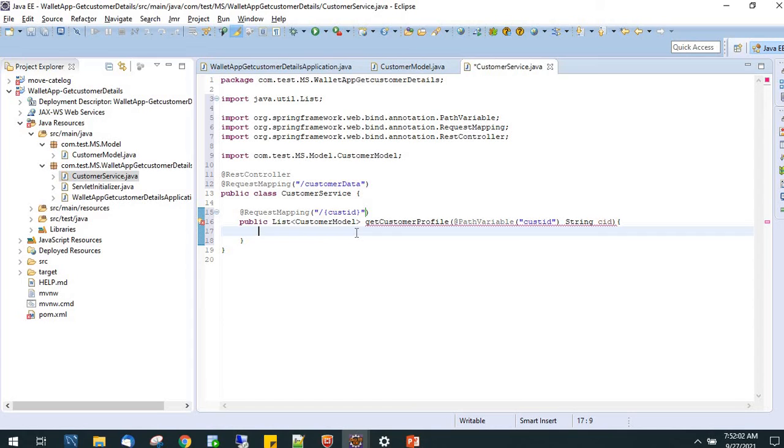So we have to create a customer object, new customer model. What are the things we have created for the POJO? Name and address, right? Here we have to create that name, Ravi, address, Bangalore, mobile number 9988, this is my mobile number. What is CID, it is 12. IP is this one.